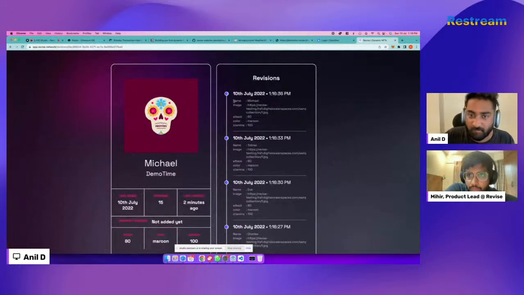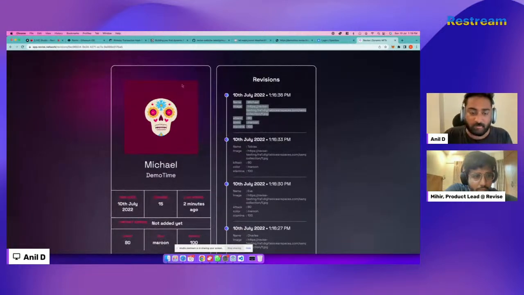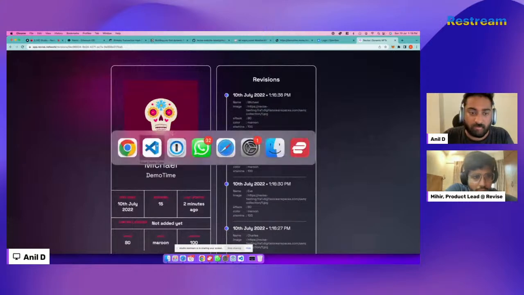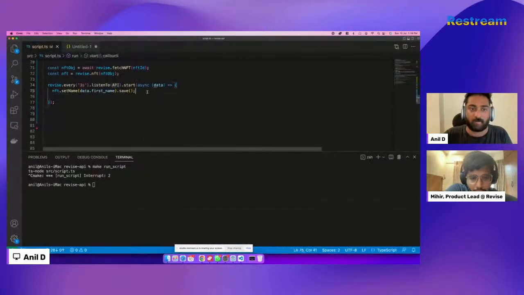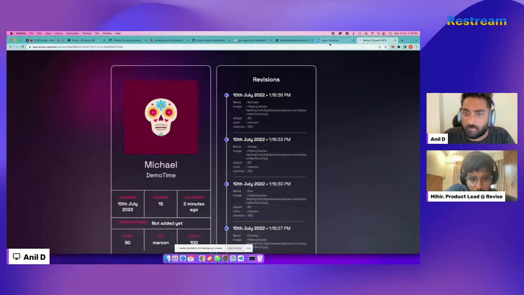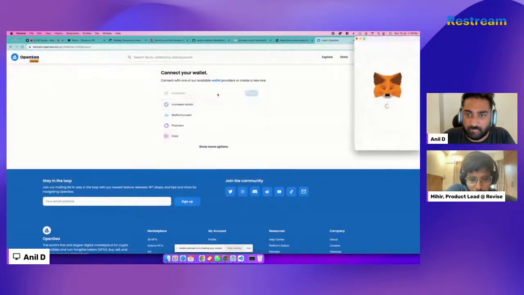And where Revise fits in is exactly this. It's using the SDK to connect your NFTs to data sources, make updates to your NFTs, and add data to your NFTs. I want to come back to OpenSea and see if that